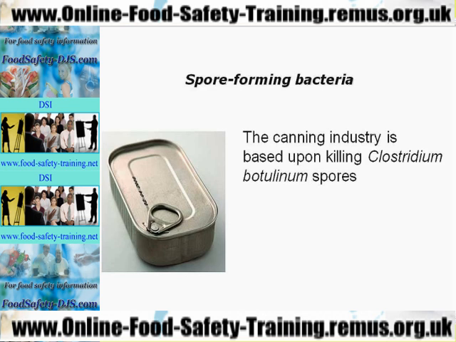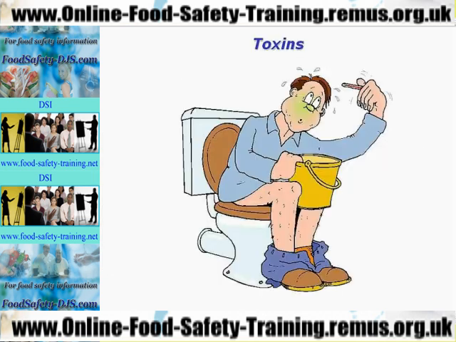So it's quite a nasty way to go. The thing with Clostridium botulinum spores and bacteria is they like to multiply in a vacuum. So you can imagine in a tin, in a can, or in bottling processes, for example, they've got the ideal conditions in which to multiply, as not all bacteria need oxygen in order to multiply. Now, I've briefly mentioned toxins in the last couple of slides, so let's have a look at toxins in more detail.